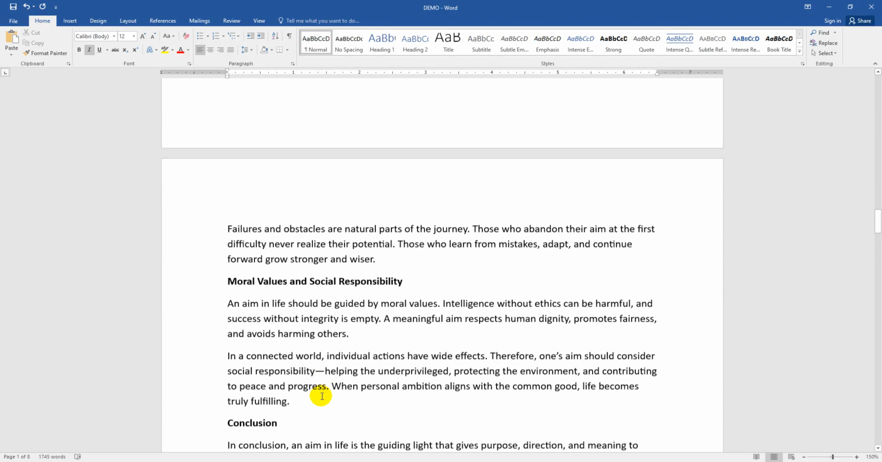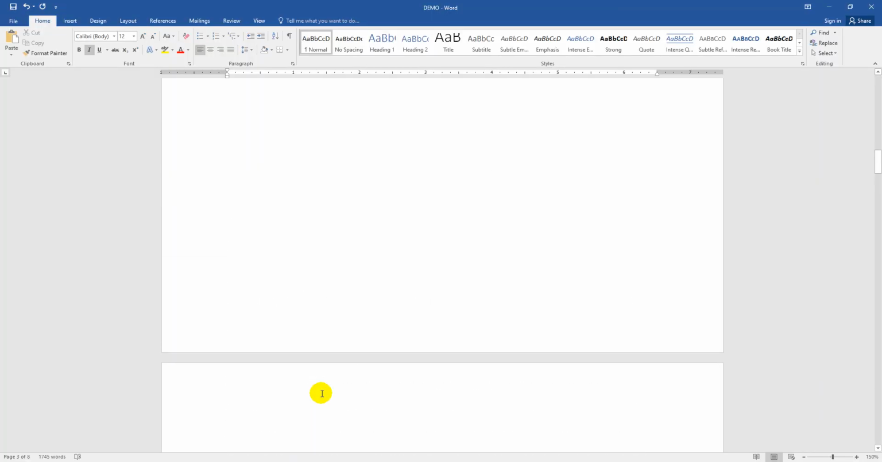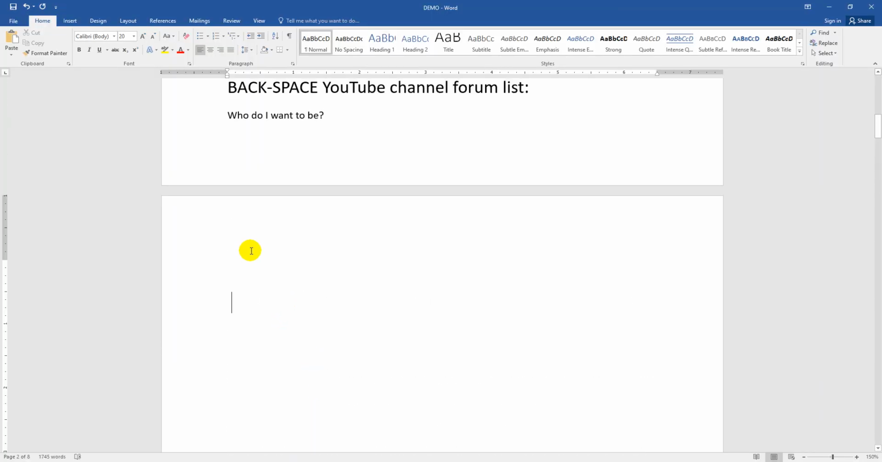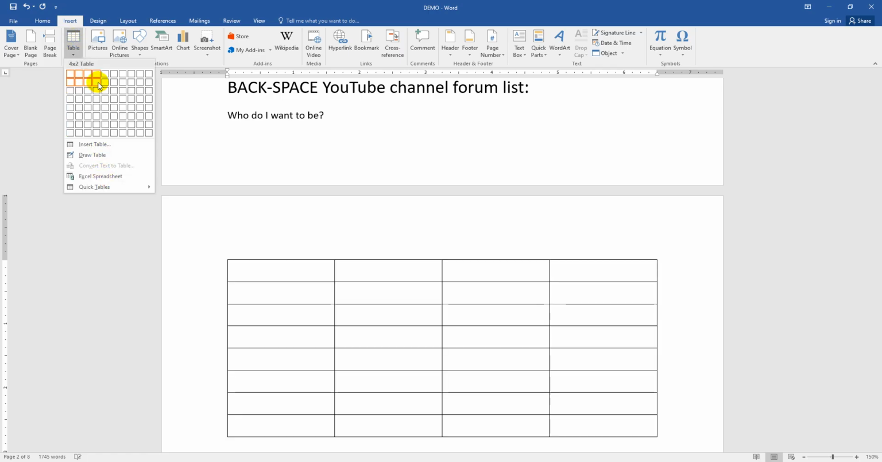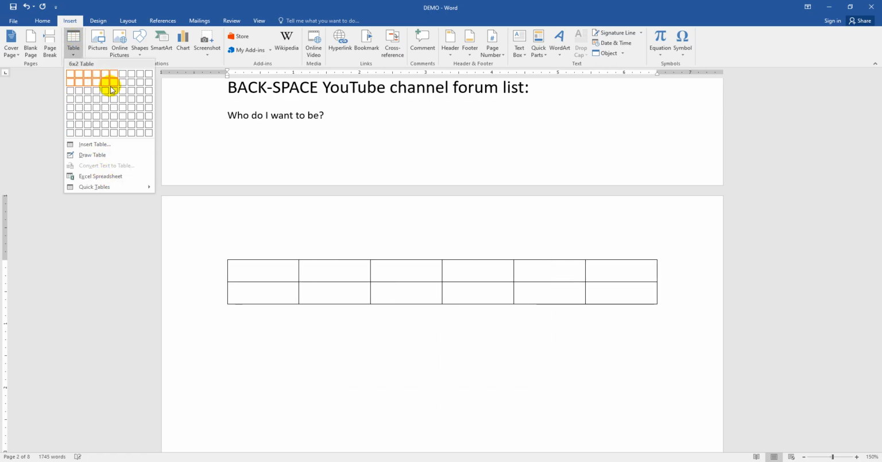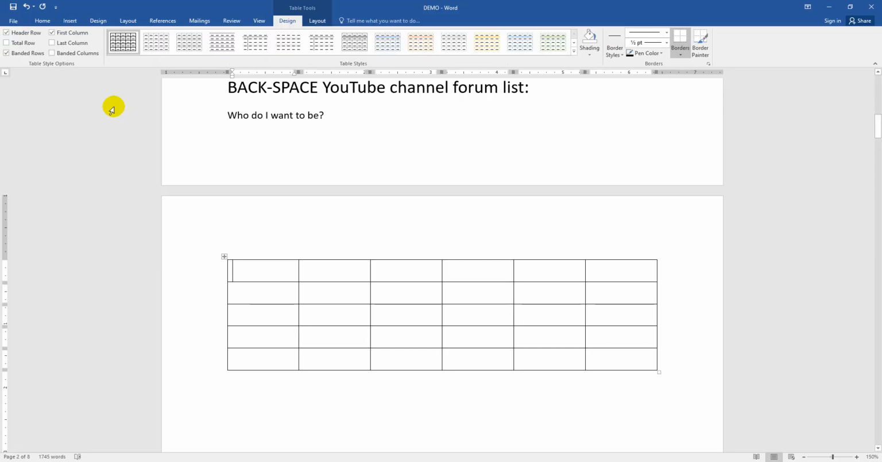We can see here our assignment. Now I create a table on this page. Go to the Insert menu, click this Table option. Now I create a table. Now you can see here a table. Now I want to make space